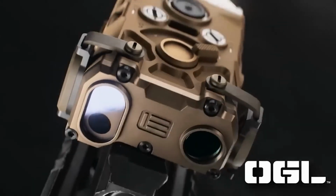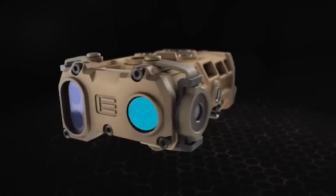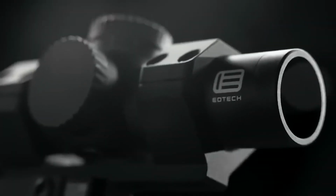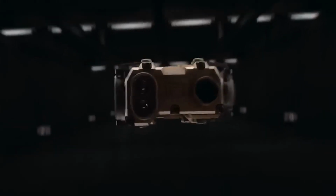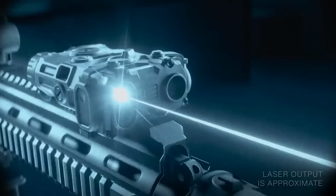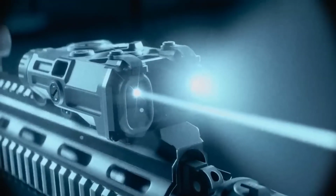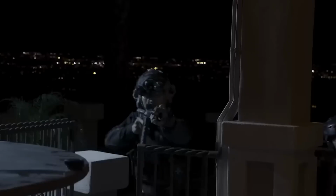Our second feature today is the latest laser sight from EOTech, a top-notch American company that's been at the forefront of laser sights for shooting enthusiasts for years. And let me tell you, their latest creation is a game-changer. This tiny laser sight is the size of a deck of cards, making it super portable and easy to use. And with a battery that lasts for 9 hours, you won't have to worry about running out of power